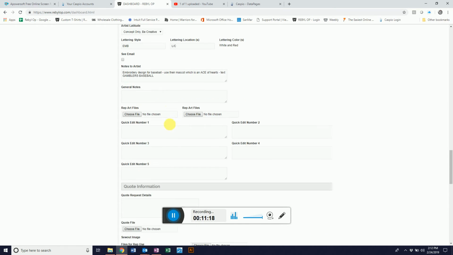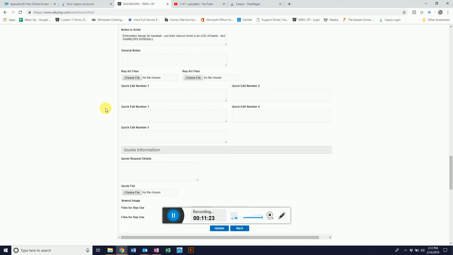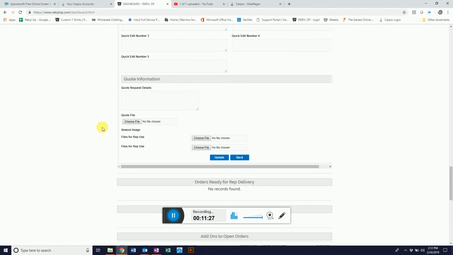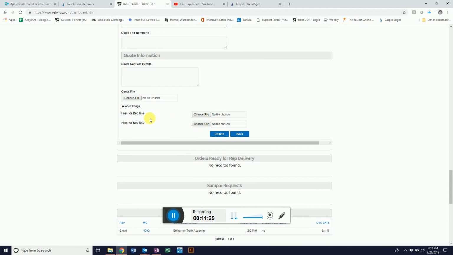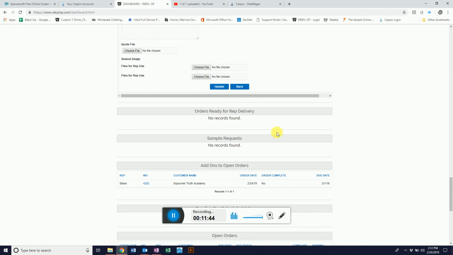If you wanted to know, there's all your artwork request information. Here's the files you would have sent to the artist. If it started out originally as a quote, that'd be there. Here's some files that you can use for your own personal use. If you have something you want to scan yourself and keep attached to the order, you could put that here. In any case, that's pretty much all you're filling out, though. I mean, there's not a ton to fill out, but the opportunity is there to change that if you wanted to. So then you hit update,